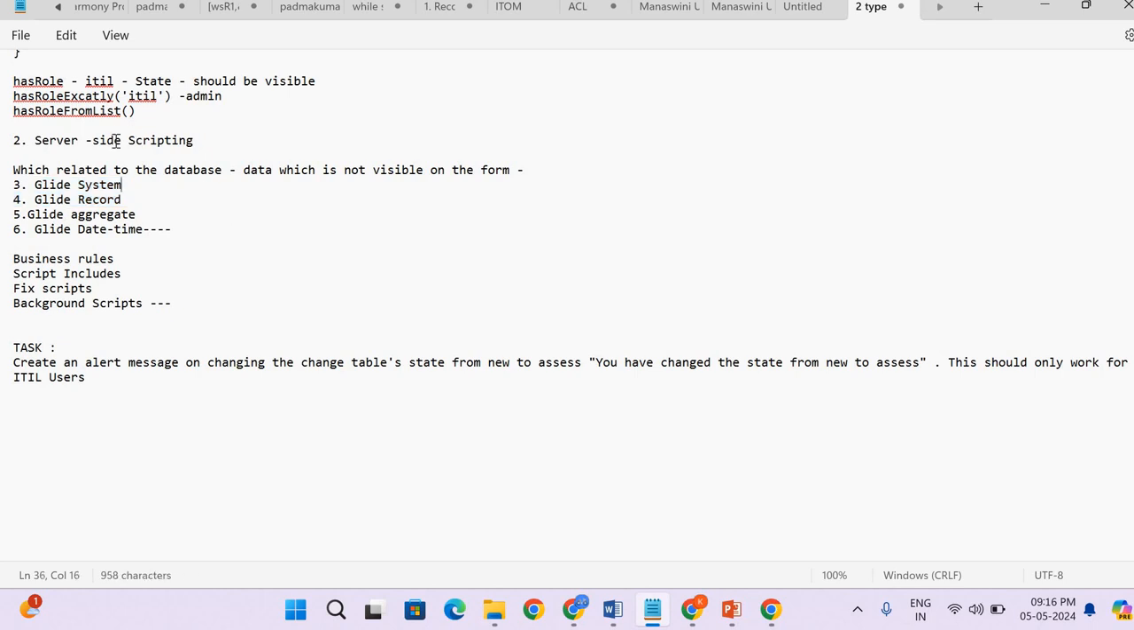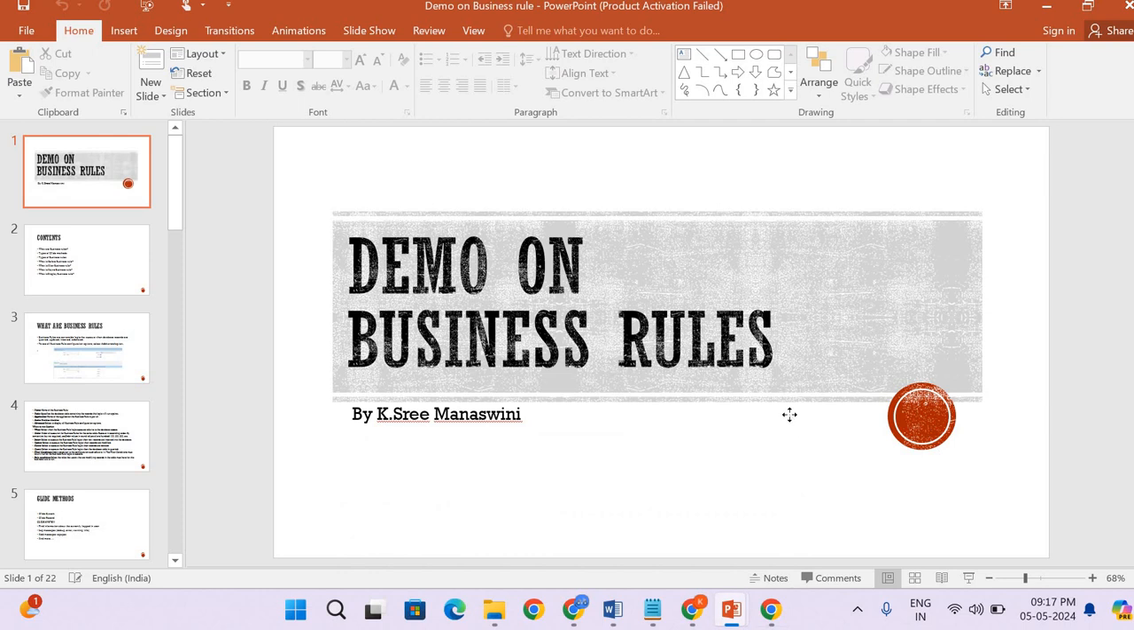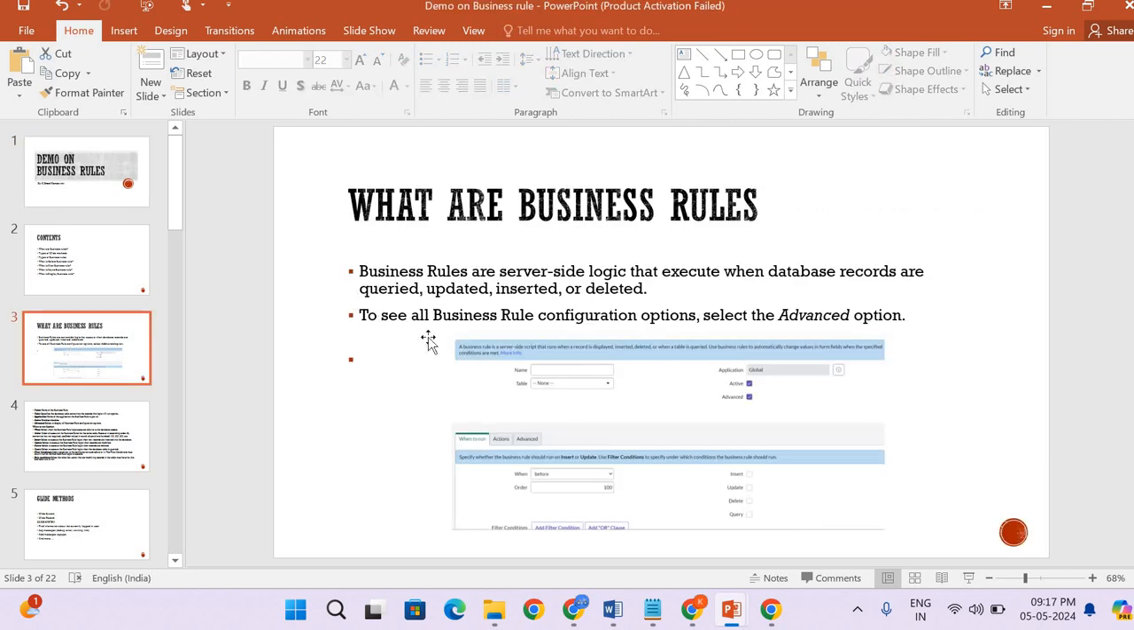The scripting locations where we write the server side scripting are business rules, script includes, fix scripts, and background scripts. So we'll start with the business rules now. What exactly are business rules? We are talking about server side scripting related to the database. Business rules are server side logic which executes when database records are queried, updated, inserted